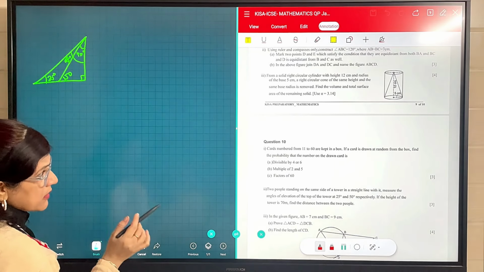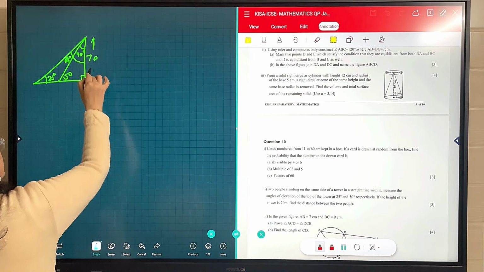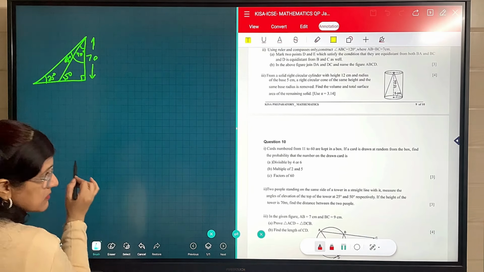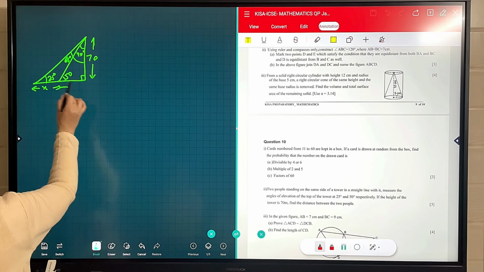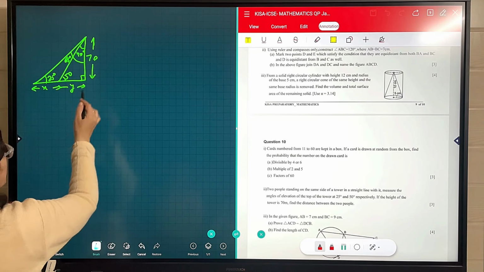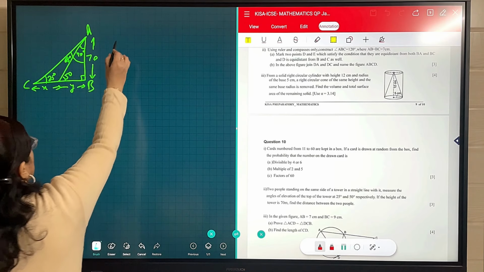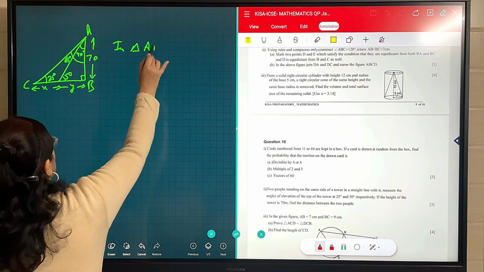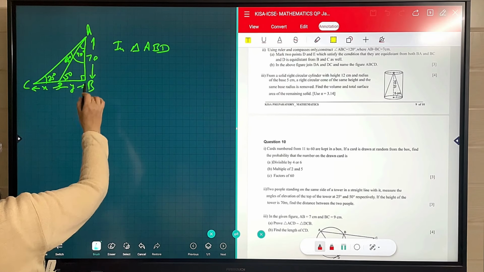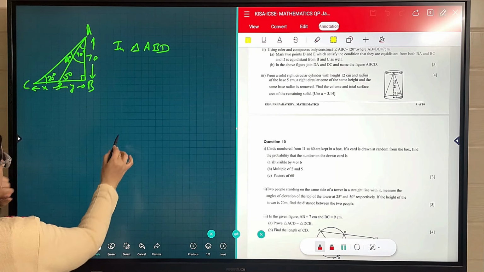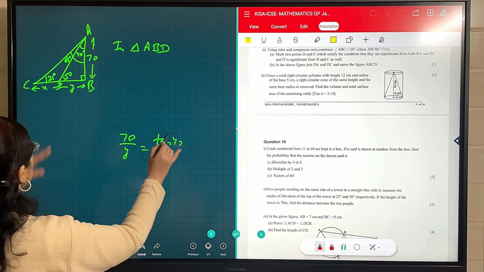Why I am telling you, let me explain the reason also. If the height of the tower is 70 meters, this is given. If height is given, we have to calculate this base distance. Find the distance between these two people. Let this distance be equal to x and let it be equal to y, or you can say BC or BD, A, B and C we can take. So now in the first triangle, I have already taken ABC, so this is ABD. In triangle ABD, if I am taking 70 upon y, let me explain. If I am taking 70 upon y, then I have to take the value of 50 in this case.